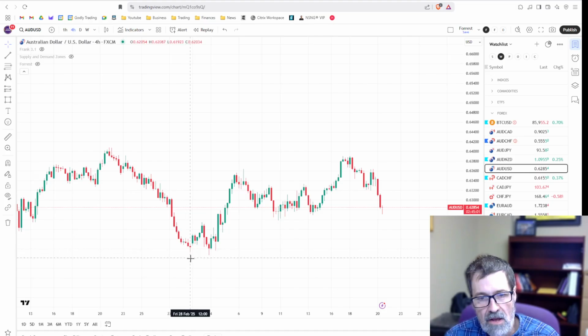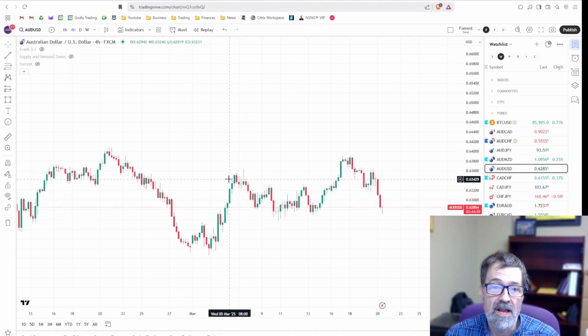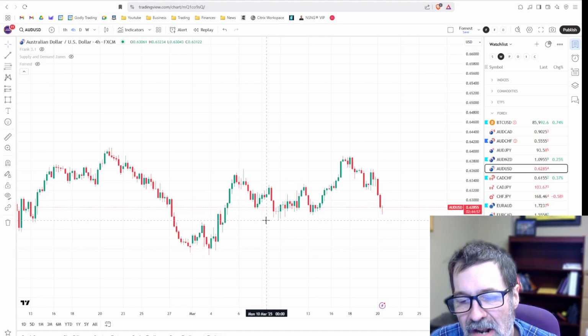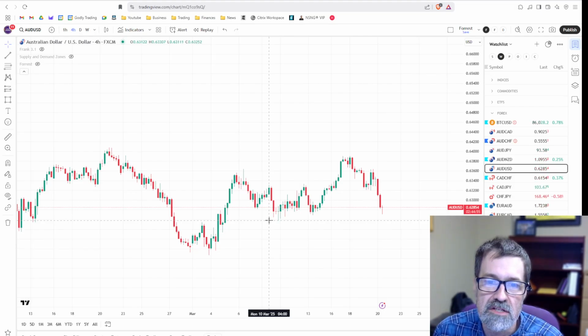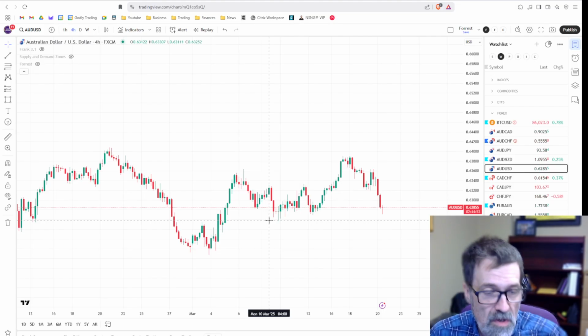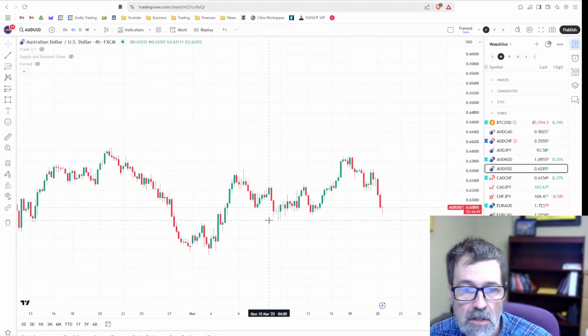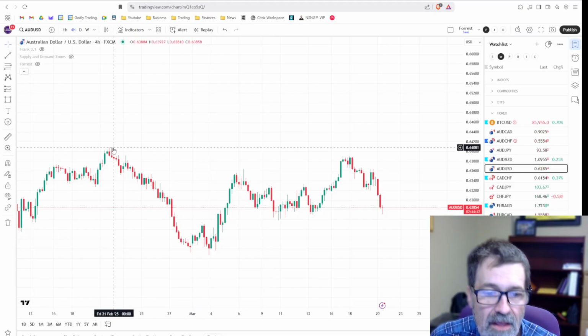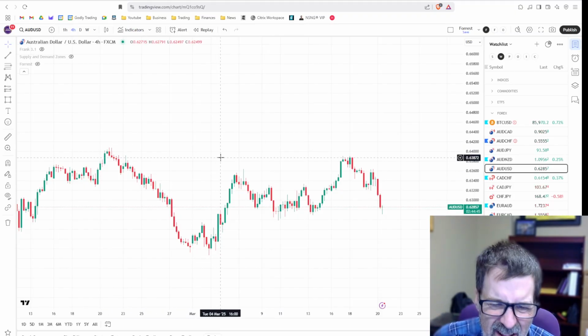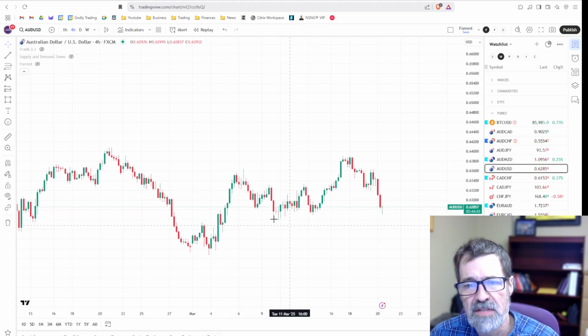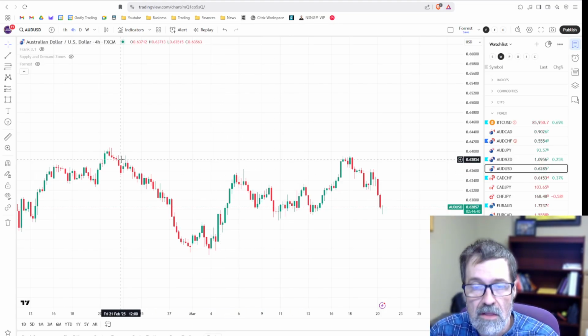All right, price went down, went up, which is a lower high, and then put in a higher low, right? You want a trend if you're a trend trader, which means you want a series of higher highs and higher lows, or a series of lower highs and lower lows. We're putting a higher high and a lower low, and then a lower high and then a lower low. That's the definition of a wedge or a triangle, right? That's saying there is no trend. Price doesn't know what it wants to do.